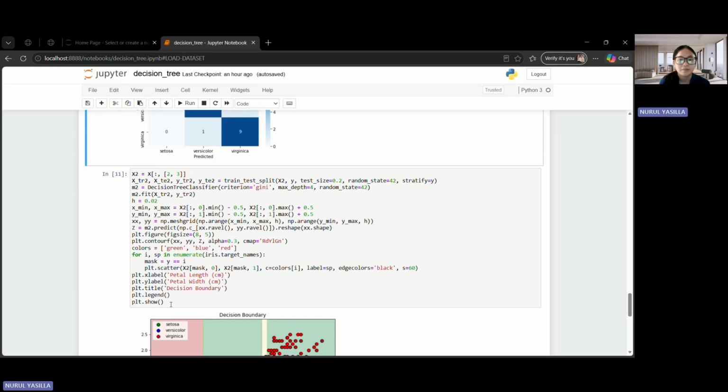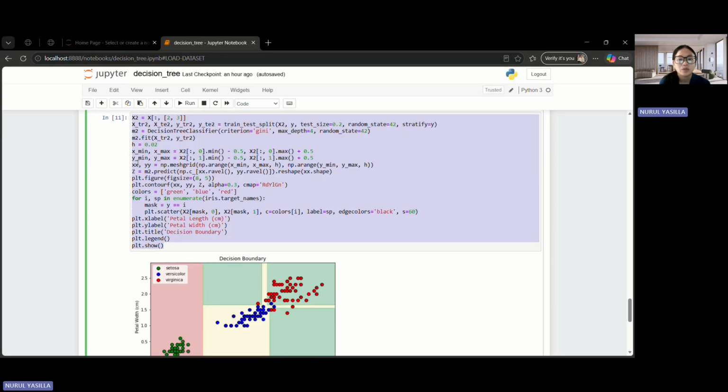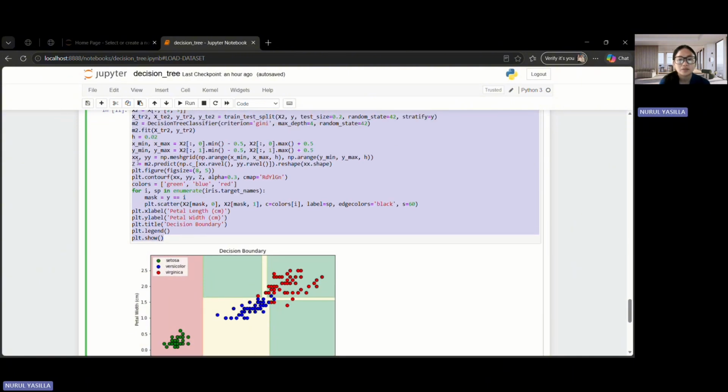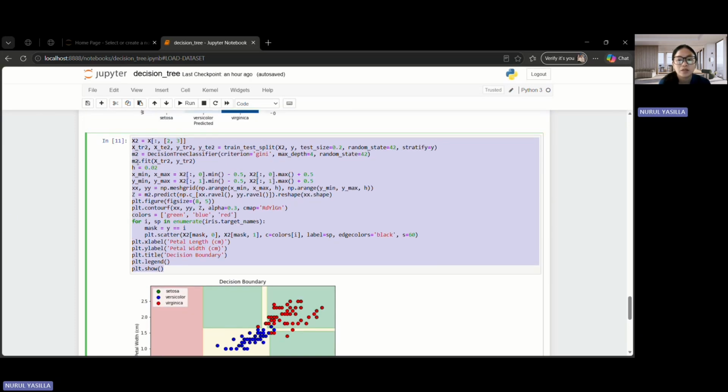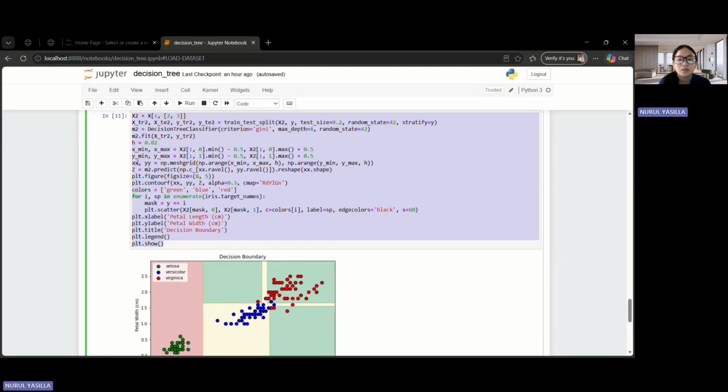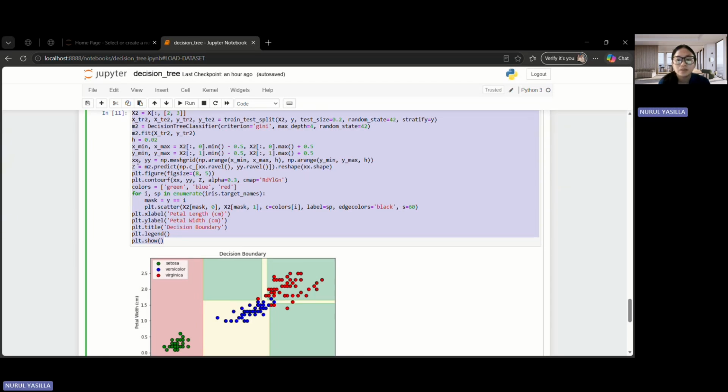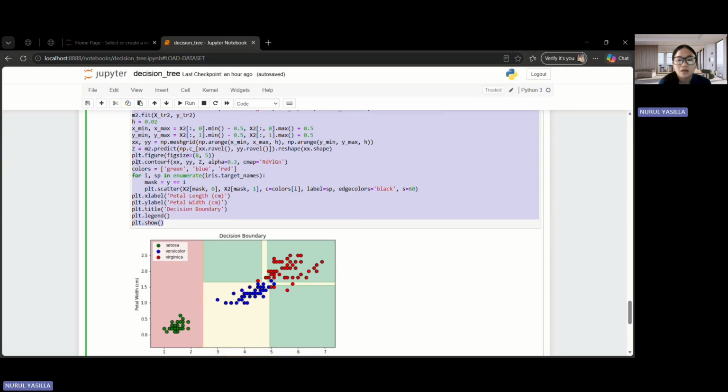Next, in this step, a new model is trained using only two features: petal length and petal width. The goal is not to obtain the best accuracy, but rather to enable a visualization of the decision boundary in two-dimensional space. Two colors are used. The background represents the predicted region for each class, while the colored points are the actual data points.